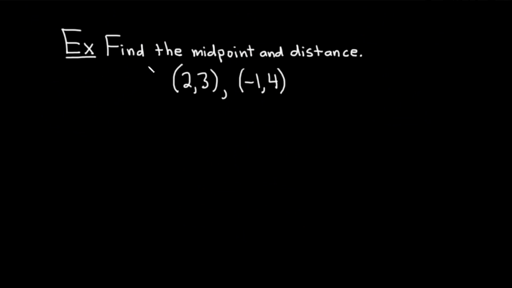In our last example, we are going to find the midpoint and distance. We are given 2 points, the first one being (2, 3), and the second point is (-1, 4). Let's go ahead and carefully work through this solution. We'll start by writing down the distance formula, which is d, and it's equal to the square root of,